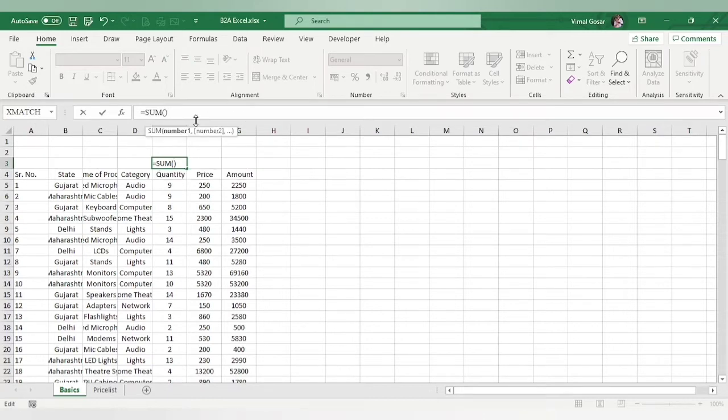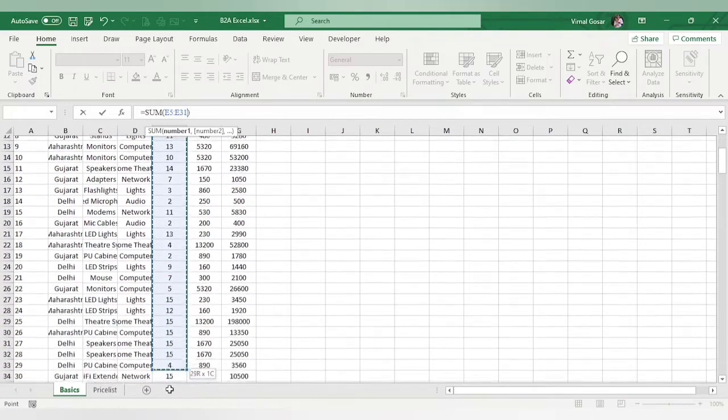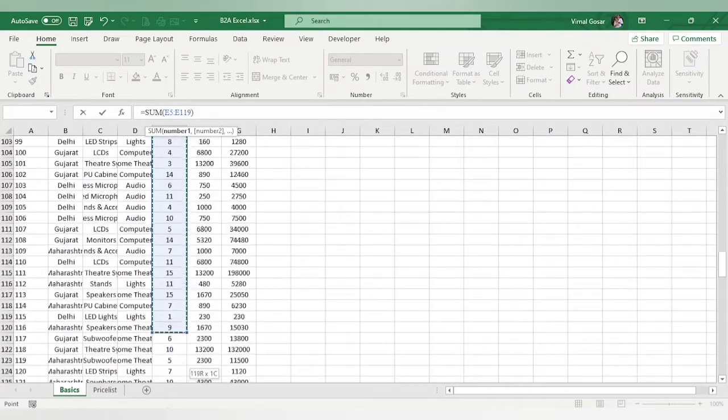Once you click into the range part, it will ask you what is the first number, what is the second number. You can simply do that by clicking on E5 first, then comma, then go to E6, then comma, then E7, comma, E8 and so on. But if you want to get all the entries together, then instead of clicking for every single entry, you can simply select all the data by clicking it and dragging it till the end. So this is one way of doing it.